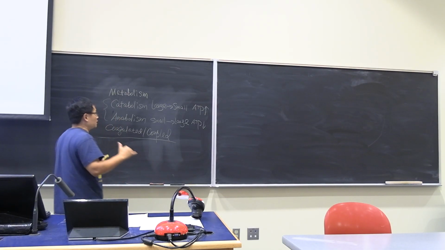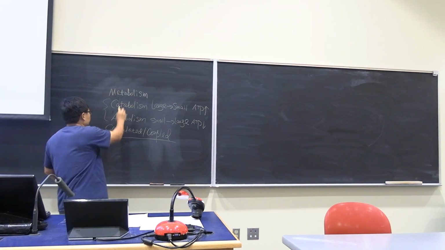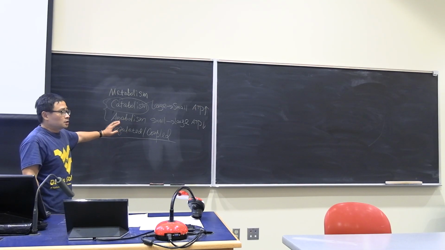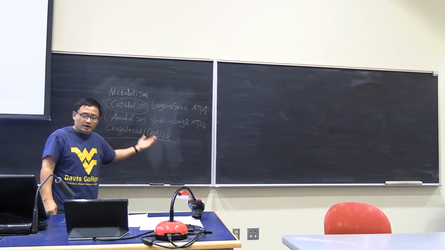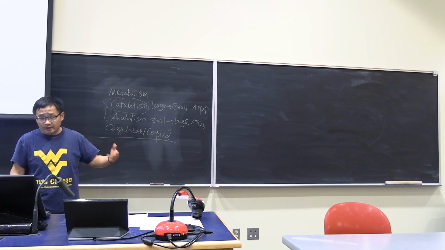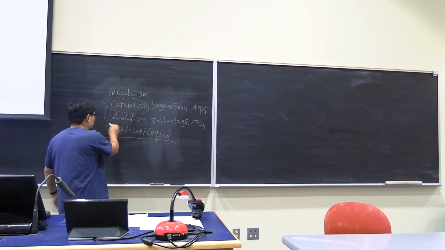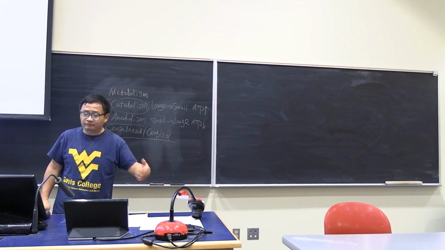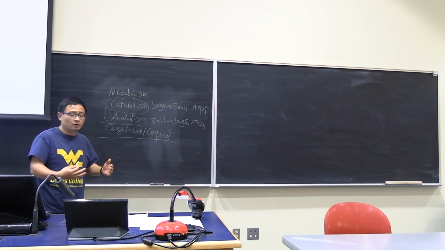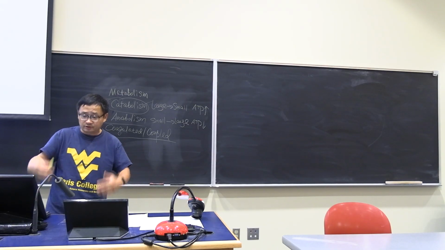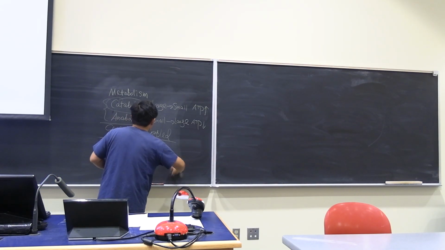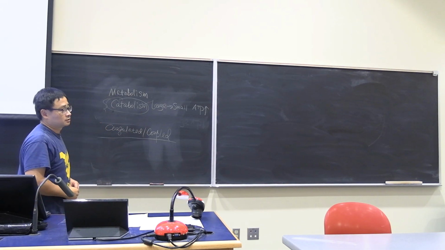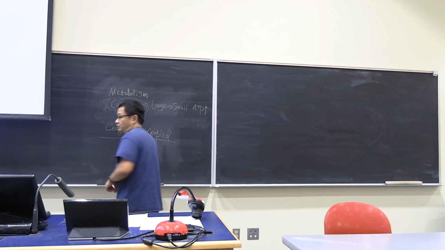In this class, because of limited time, we are only going to focus on catabolism. Anabolism, we're not going to talk about too much. Usually, for biochemistry or microbiology majors, there is a separate class that talks about anabolism, called microbiology physiology, or microphysiology. That is usually for microbiology major students under the biology department. So we're not going to spend even a second on this. We're always going to focus on catabolism. Okay? So that's the overview of what we're going to talk about.